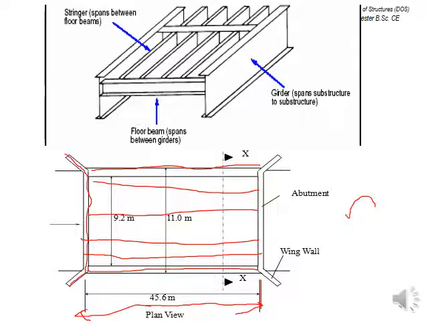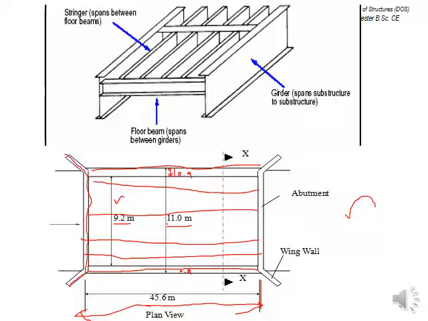Okay, and this is total 9.2 roadway width, and 11 is likewise because of the barrier, the footpath and the sidewalk, it is 0.9 meter overhang, you can say. Okay, so it is 0.9 on both of the sides. So 0.9 plus 0.9, it will be 1.8, 1.8 plus 9.2 will be 11. So from edge to edge it will be 11 meter total width. So here you have abutments, you have the wing wall.